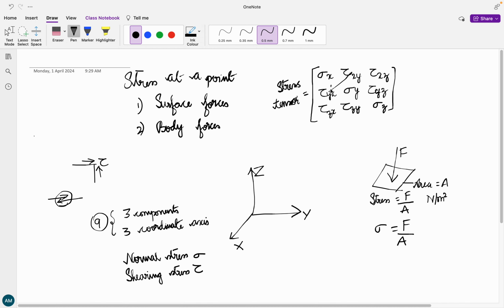If you can see the pattern, these components are going to be equal. We can write that tau xy is equal to tau yx, tau yz is equal to tau zy, and tau xz is equal to tau zx. So we have normal stresses as well as the shearing stresses. This forms the stress tensor. Say I'm going to write it in the form of a 3D diagram. Then